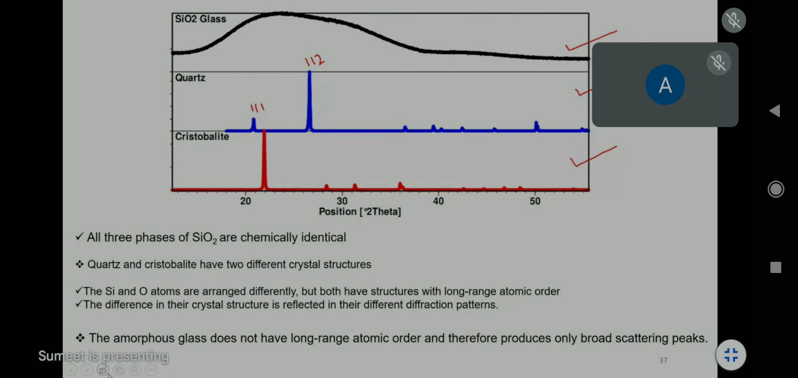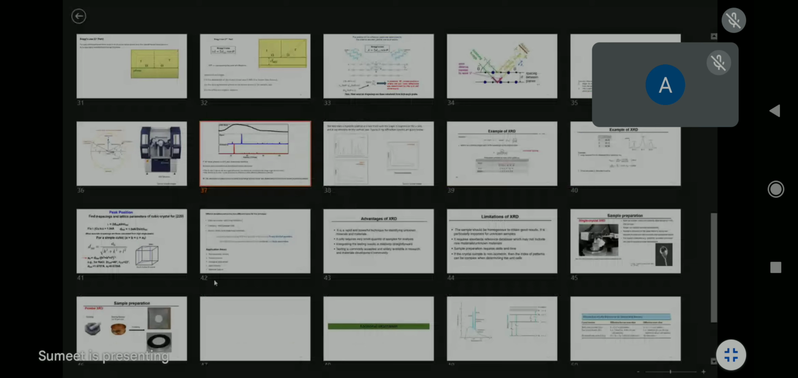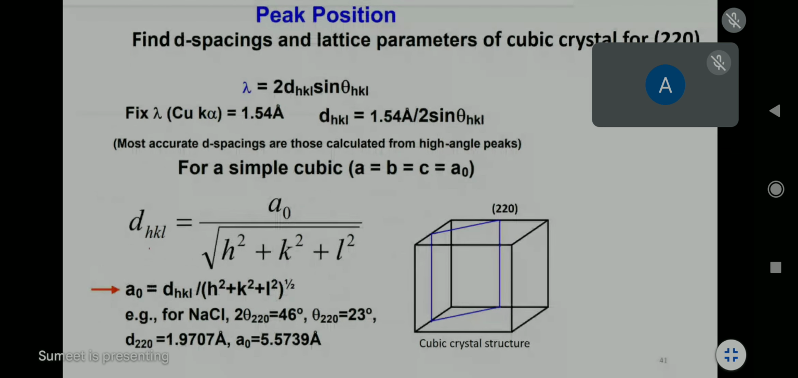So I think this is enough for today. In the next class, we will discuss some of the advantages and limitations of this XRD technique, and most importantly, we will see how this Bragg's law, which we have studied, can be used to find out the lattice parameters if we have the information about the planes of a particular system. So this was all for today, and